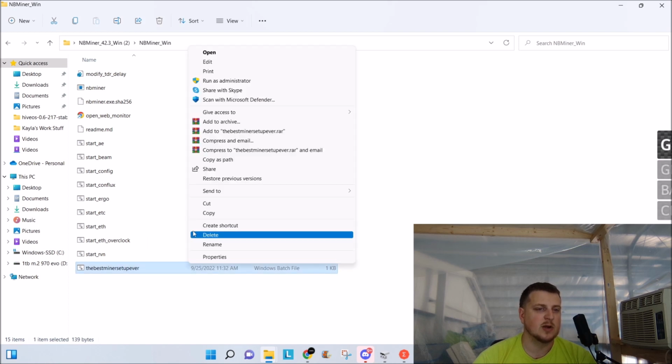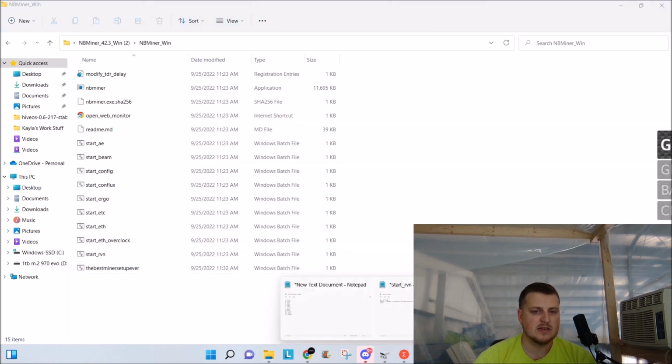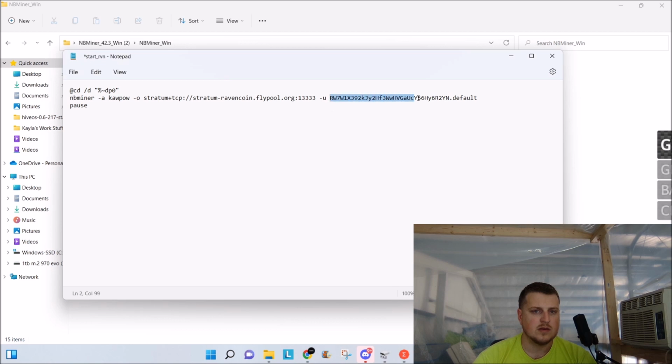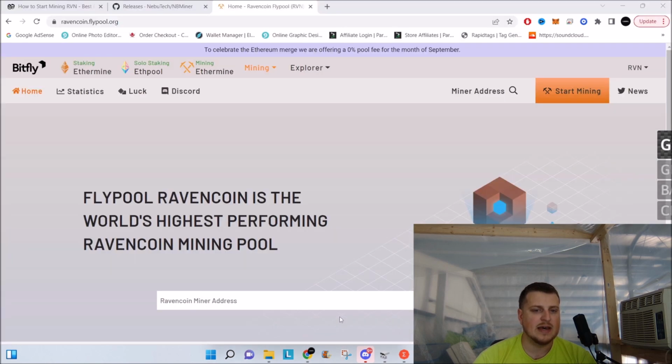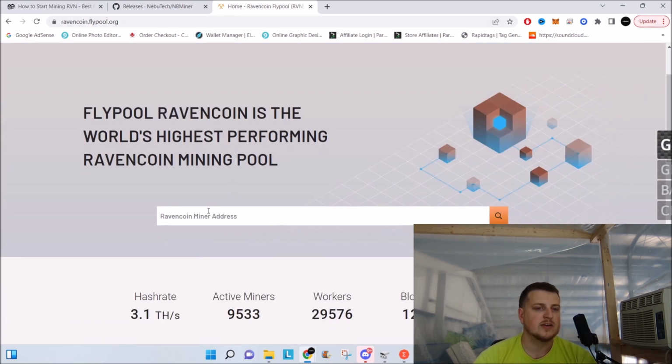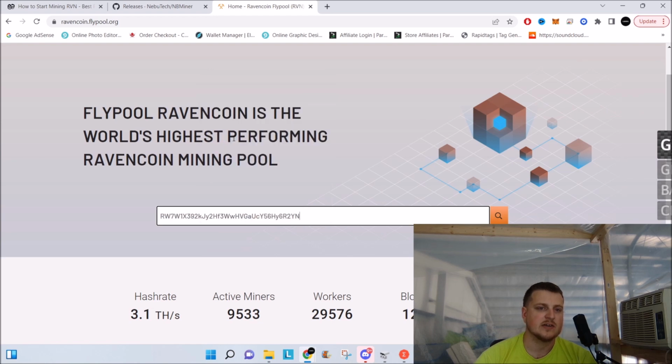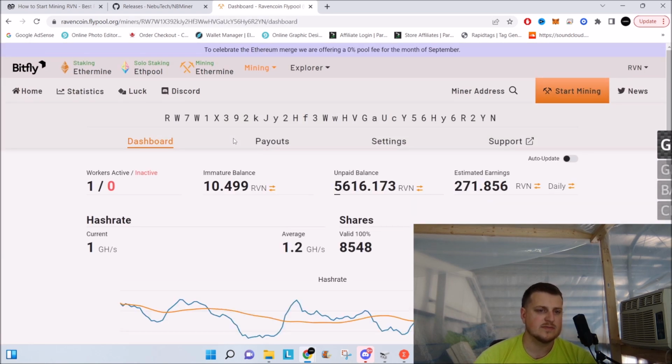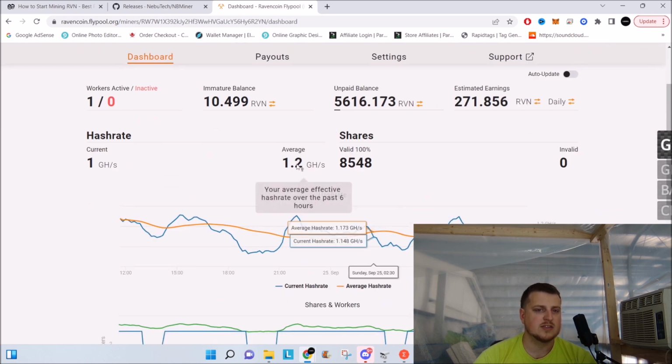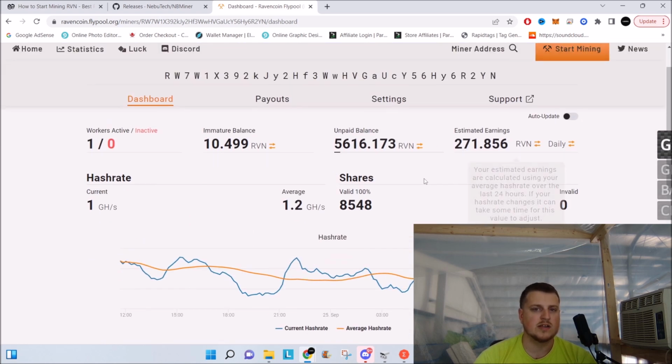So let me open this back up in Notepad. We're going to select this. You take your wallet address, you go back to ravencoin.flypool.org, and you enter your Ravencoin address in here. So you enter it in there, and currently, it looks like the developer wallet is 1.2 gigahash, and it's doing 271 Raven a day, and it's